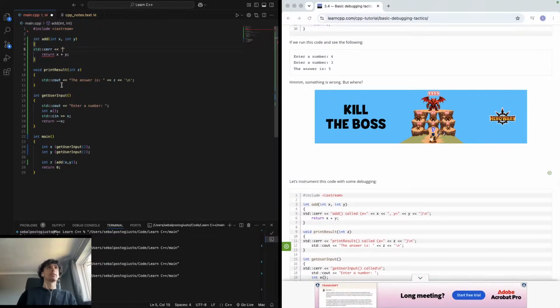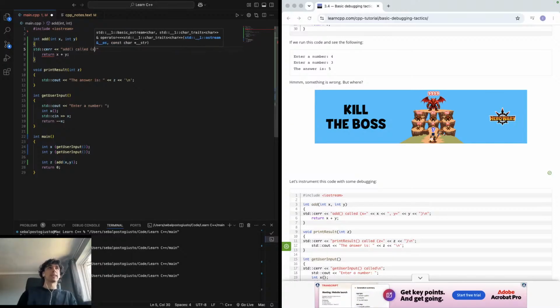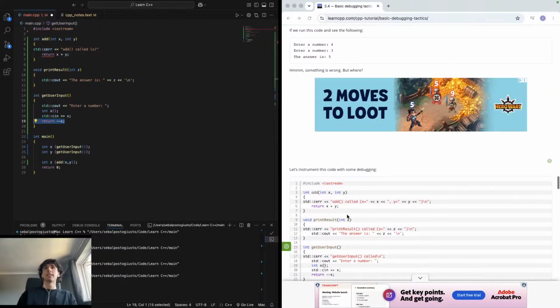So the issue is clearly here, but we need to debug it somehow. So we're using character error. So add called character error, and then we'll do another